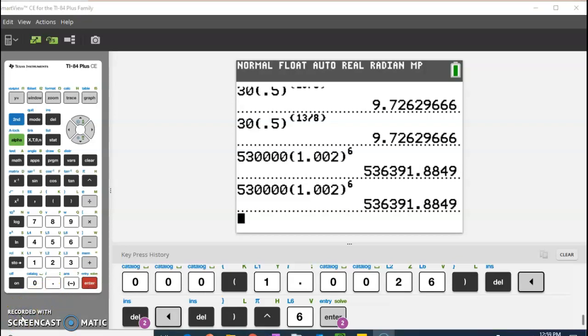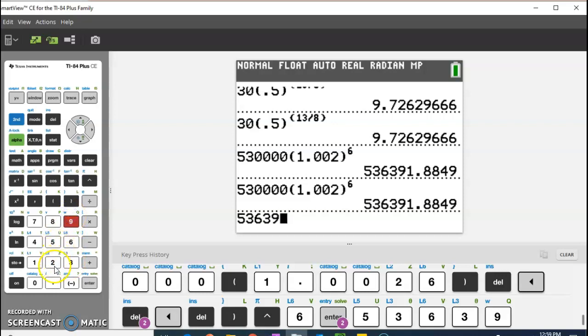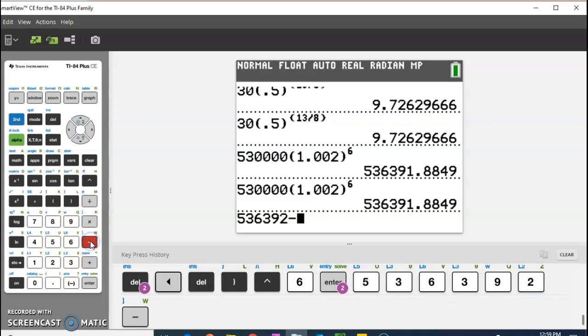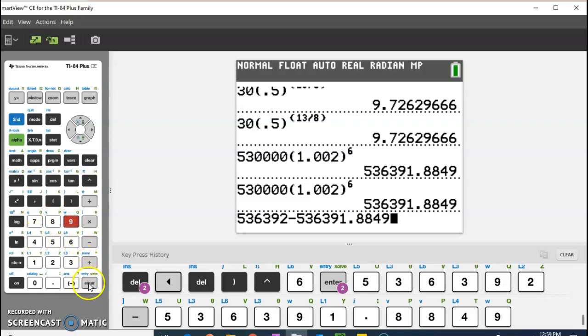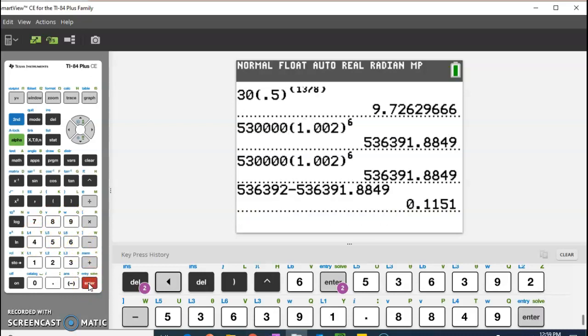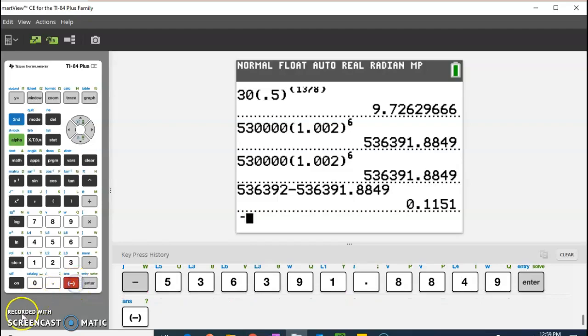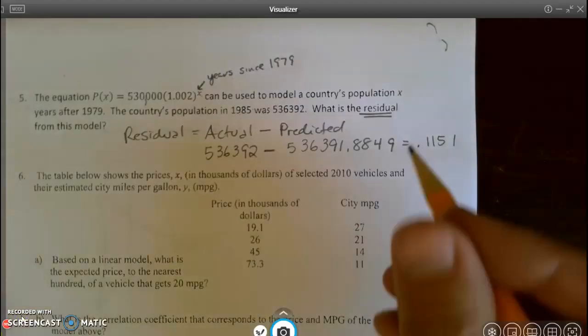And since residual is actual minus predicted, I'm going to type in my calculator the actual value, and I'm going to subtract the predicted, which I just found. I'm just going to go ahead and use the exact value, and I'll do my rounding at the end. And I get, wow, not very high of a residual at all. I get 0.1151. And so it must be a very